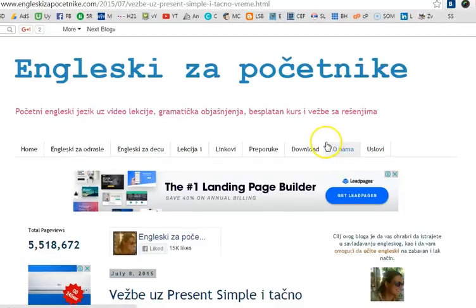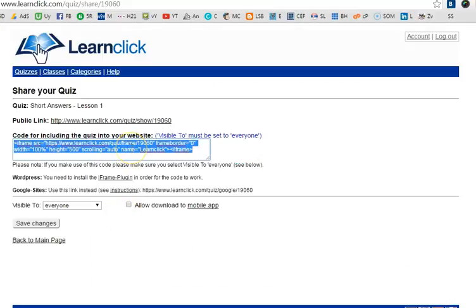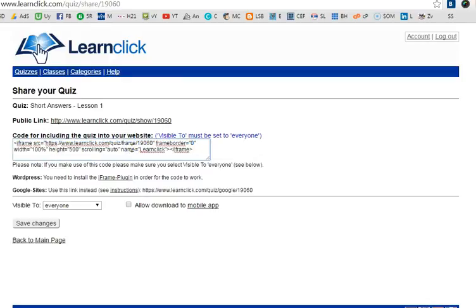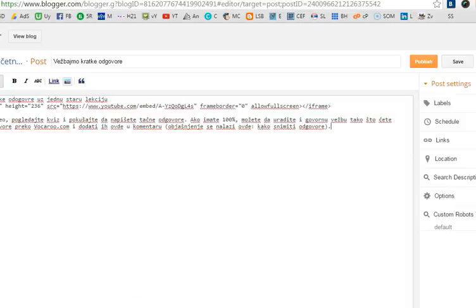You simply copy paste it, and then you go to your blog. Okay, so now first I have to sign in. Okay, just a second. Okay, so you grab the code. So it means Control A, Control C, you copy, you go to your blog. I have already text here, which is in Serbian because this is my blog for beginners in English in Serbian. And I have already embedded the YouTube video, and now I have to